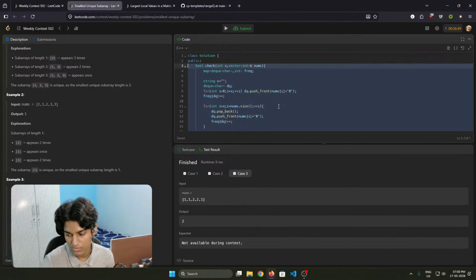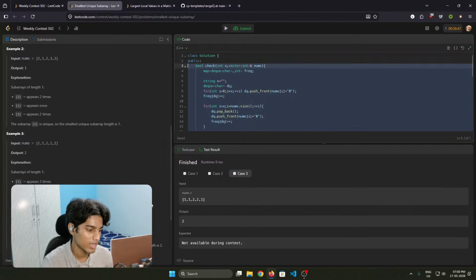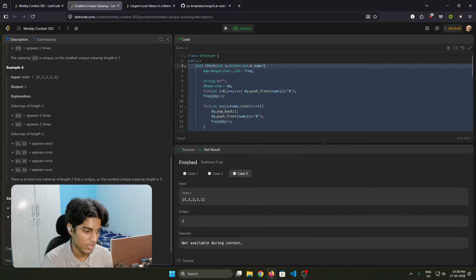So it's like n log log n, that is going to work. But can I optimize it? Because